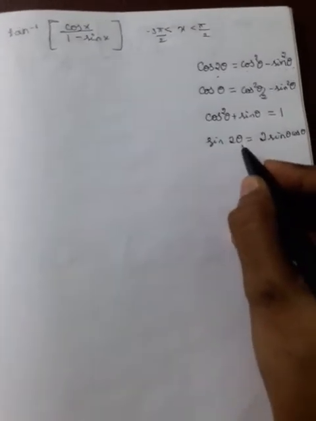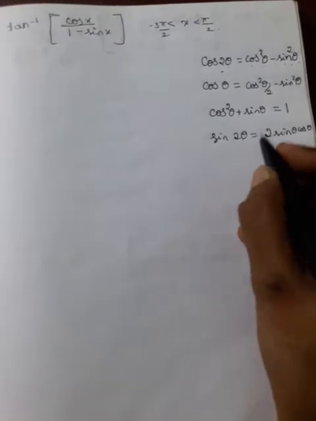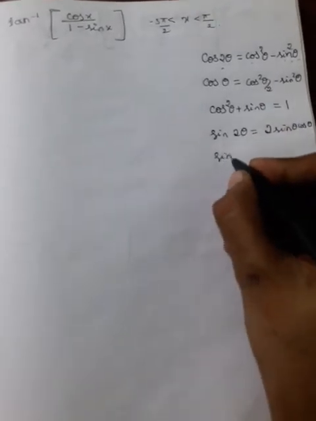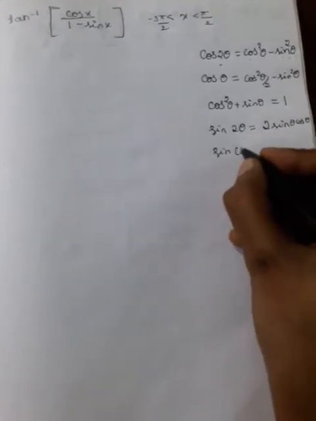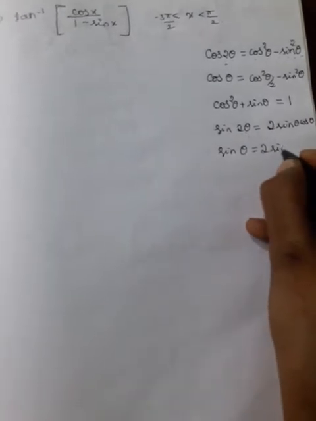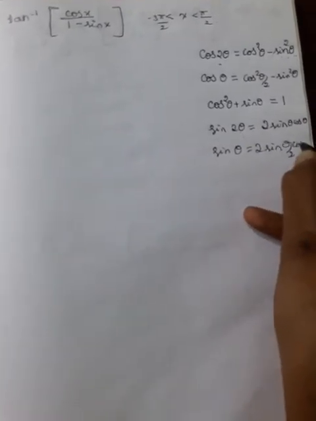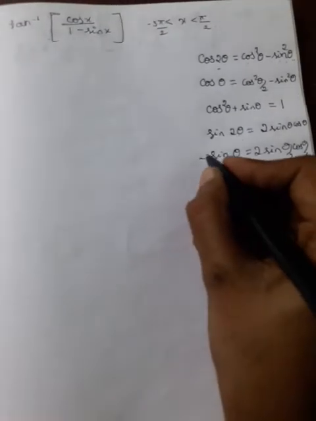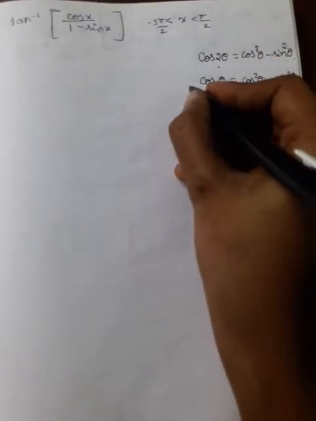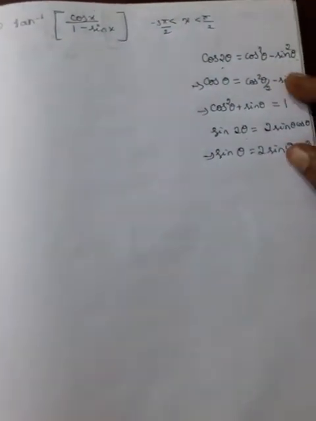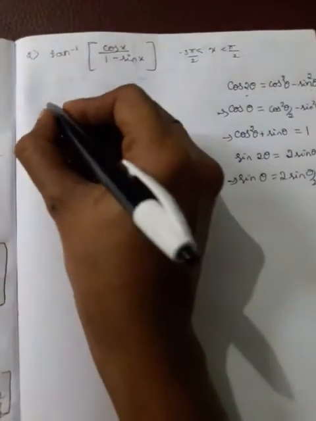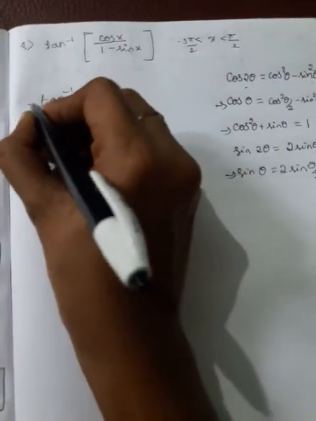Here replace theta by theta by 2, that is the sine of theta by 2, the 2 gets cancelled, sin theta is equal to 2 times sine theta by 2 into cos theta by 2. Understood? These three formulas are used here. It becomes tan inverse of